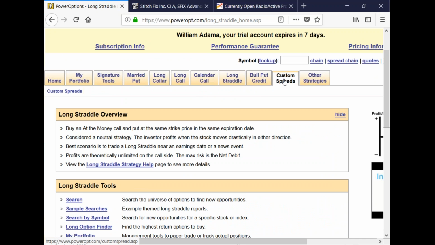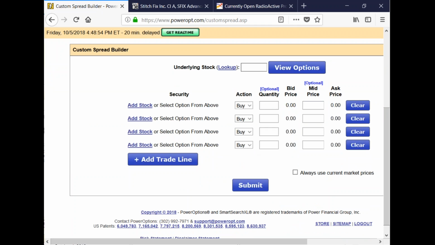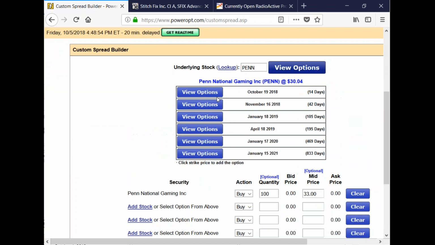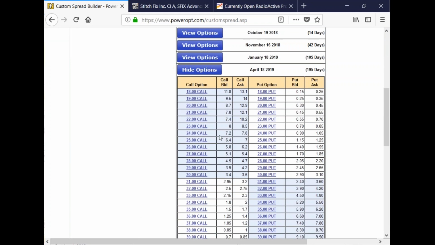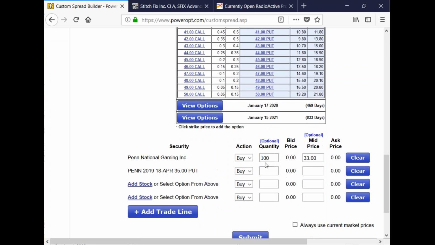If Sam knew I would have done this trade, he would have been looking at a really good profit right now. But some of you may have known if you were with me on the webinars earlier this week, the newest position I opened for Fusion, for radioactive traders, was I bought Penn at 33, and I bought the April 35 put for 420, somewhere in there.